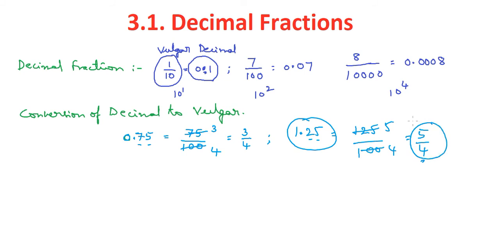Now there are some properties here. Okay, let us see those properties also. Annexing zeros to the extreme right of the decimal fraction, does it change its value? For example, I have 0.1. This is exactly equal to 0.10, which is exactly equal to 0.1000. How many zeros you can put? There is no change in value at all. Okay.